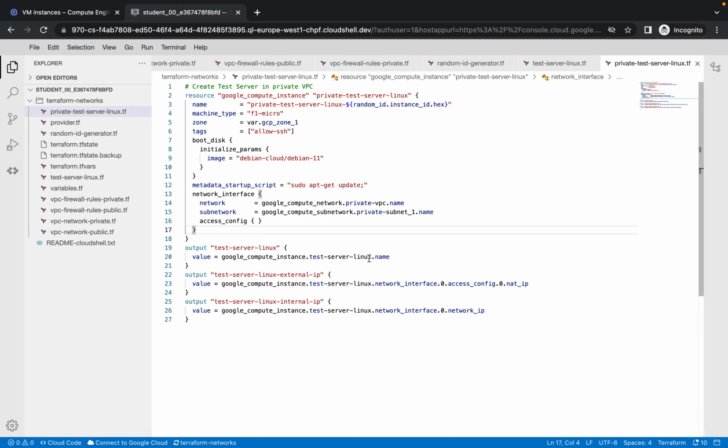Then this test server linux.name, the name of what we are using here, is private, so I'm just going to add the private and the tag also. Why it is this way is because what we copied it from is test server linux, and that is it here. But now we are using a private test server linux, so I'm just going to add the necessary tags to it